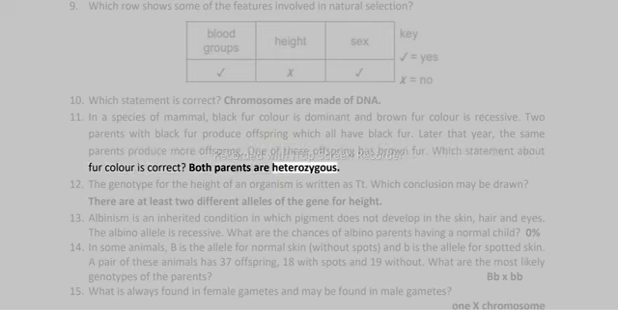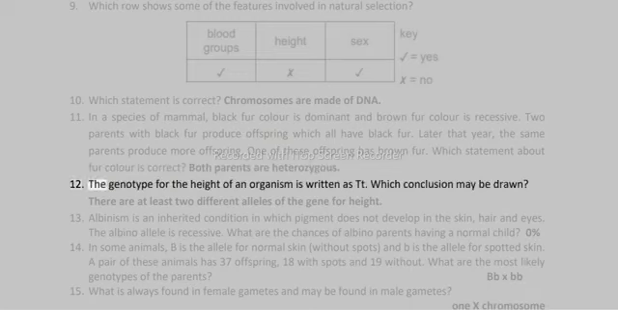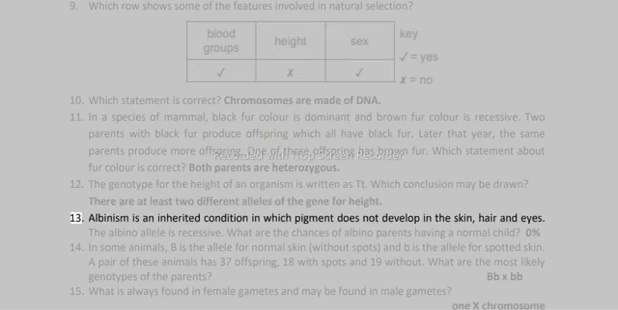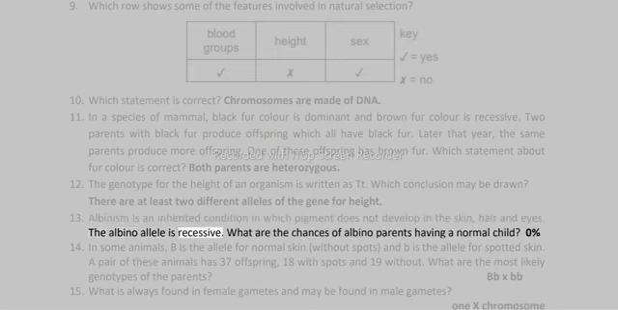Both parents are heterozygous. 12. The genotype for the height of an organism is written as Tt. Which conclusion may be drawn? There are at least 2 different alleles of the gene for height. 13. Albinism is an inherited condition in which pigment does not develop in the skin, hair and eyes. The albino allele is recessive. What